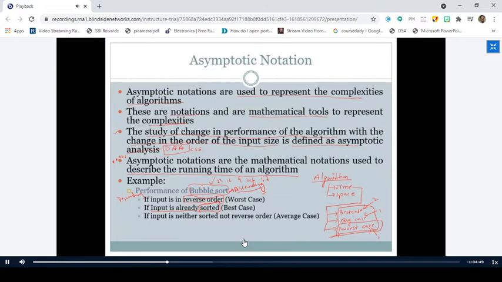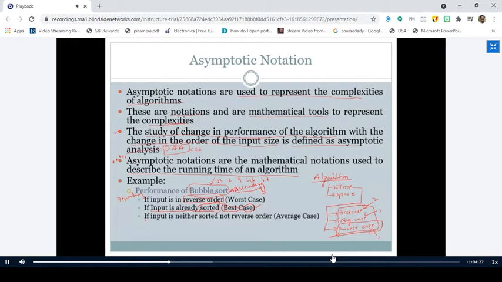No, sir. It is already sorted. Bubble sort will do the same work whatever input you give, right? So the efficiency of bubble sort cannot be measured in the best case. If you give the input which is already sorted, it is the best case. The case is nothing but the input. How you are going to give the input.